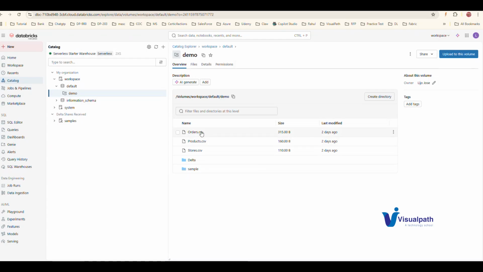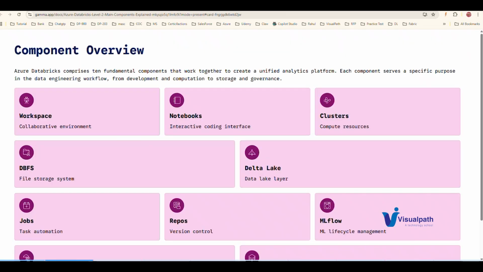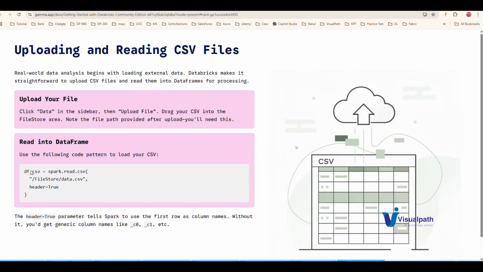We can display these documents by using the code here. If you can see, we can load a DBFS file with spark.read.csv and give the path of that particular file, then automatically the file will load here. So we will explain the lab session of that one.